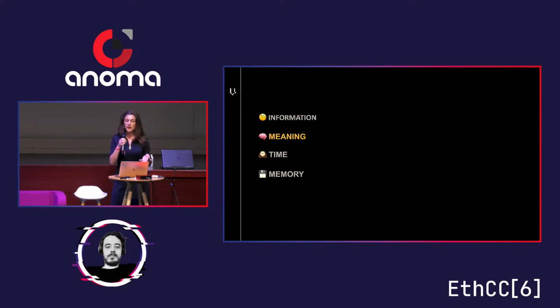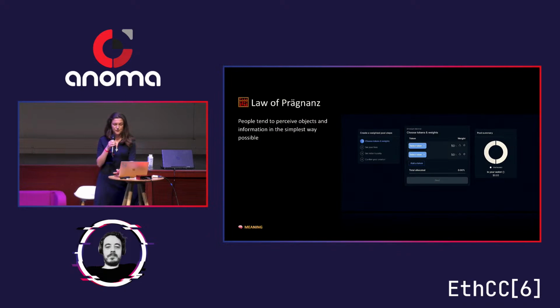Users need to seek the meaning of what's in front of them, to analyze market data so that they can start trading safely, manage risk, and if they want to, provide liquidity. And I'll start talking about processing the information. When people are presented with complex shapes or a set of ambiguous elements, their brains choose to interpret them in the easiest manner possible. This law can be applied by designing the platform in a way that presents information and data in a very clear and concise manner, making it easier for users to understand and process the information.